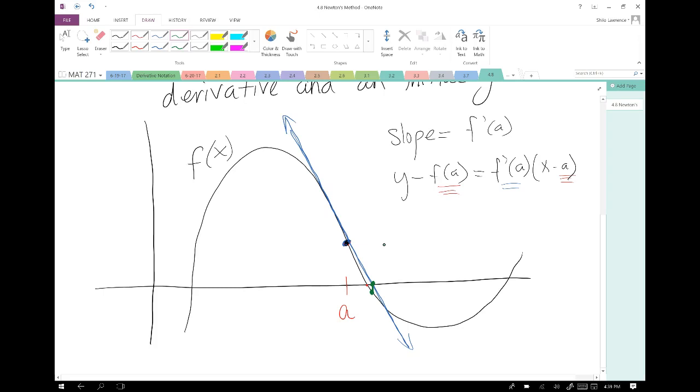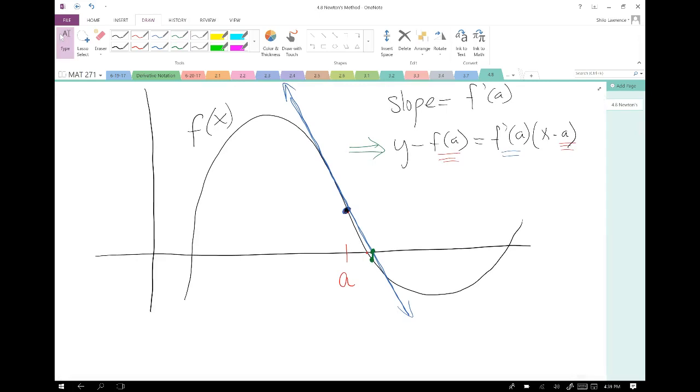It is a much better estimate. So we need to take this equation here that we just created and find the x-intercept. So the x-intercept is when y is equal to 0. So if we set y equal to 0 there and solve for the x,